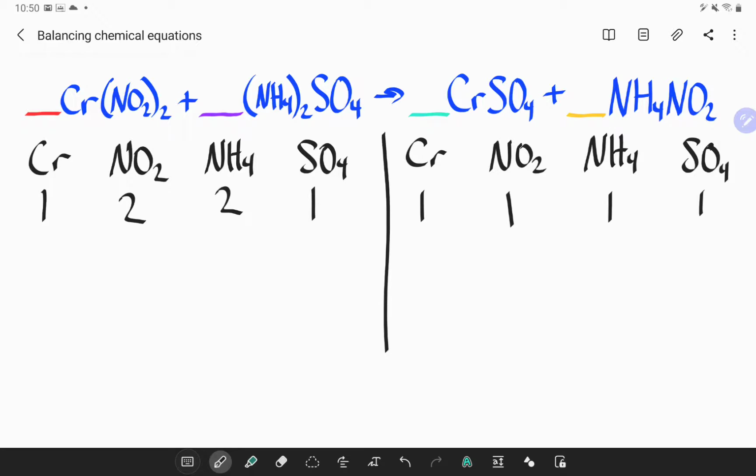So I need to figure out where I need to add a number in order to balance this out. Noticing that chromium and sulfate are both already balanced, I know that I'm going to be focusing on nitrite or ammonium, either one. It doesn't matter. I'll just do nitrite. I have 2 on the left side, but I only have 1 on the right side. So I need to figure out what number needs to be added right here in order to balance out the nitrite. If I add a 2 here, then I will now have 2